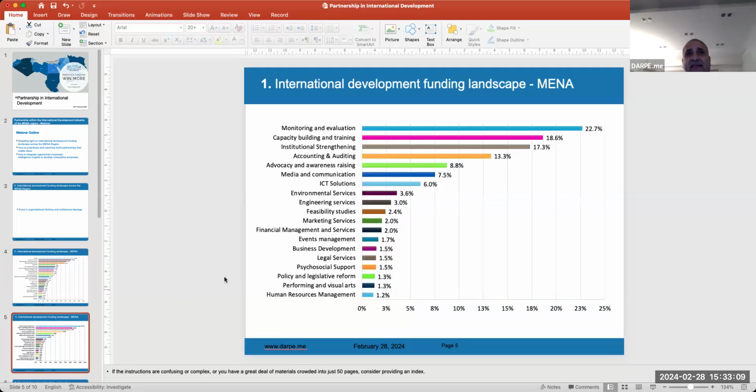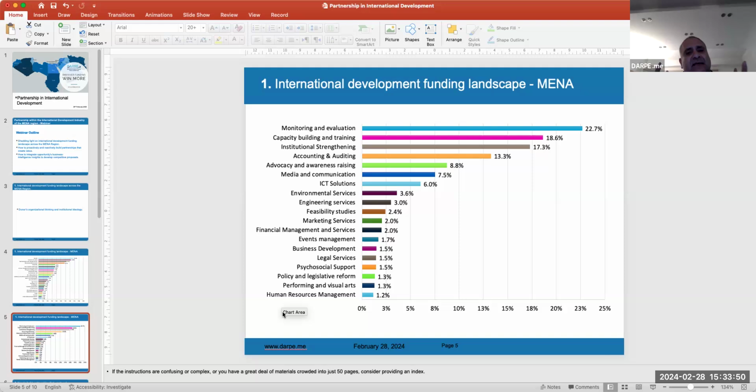We applied the same approach to the services. What are the most requested types of consulting services? Clearly shown: monitoring and evaluation. 22.7% of these assignments or projects request monitoring and evaluation services. So monitoring, evaluation and learning, MEL and M&E, is an important skill, not only to have in your organizations or consulting firms, but also within your proposals,